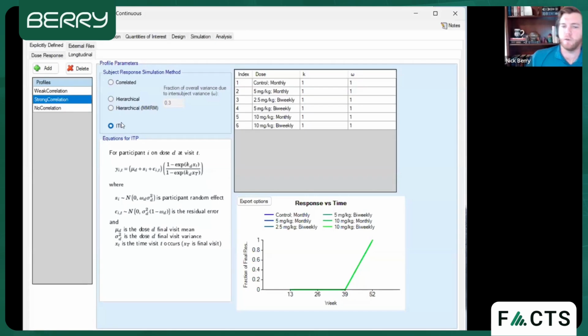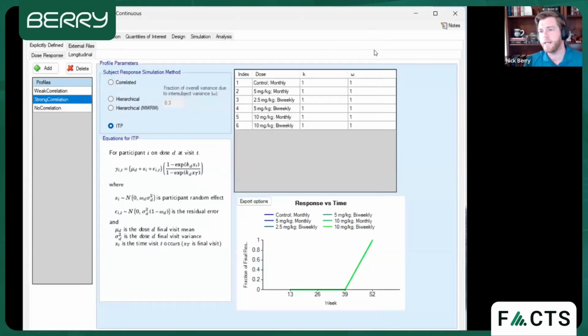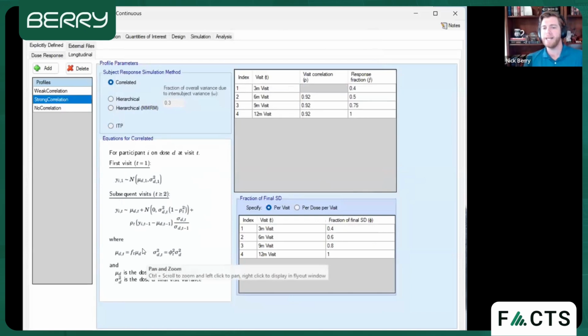And, it's sort of an opinionated model, but you can stare at this equation for long enough to kind of start understanding what K sub D does and what the subject random effect S_i does and things like that. So again, this is what I would talk about for an hour if I had 8 hours, but I don't. So when I did this,